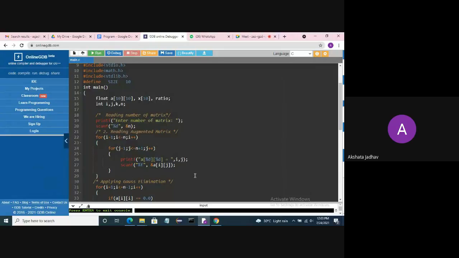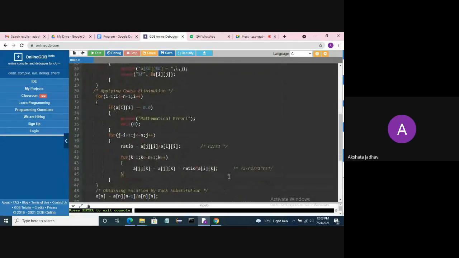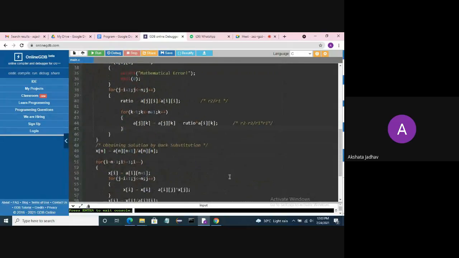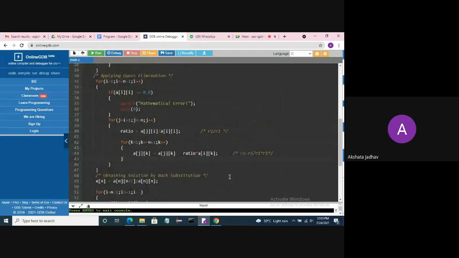If you write the program on paper, it is also okay. It is not necessary to do it in online GDB right now, but if you want to do it by hand, go through the practical, do it sincerely and send it to me in the Google form.